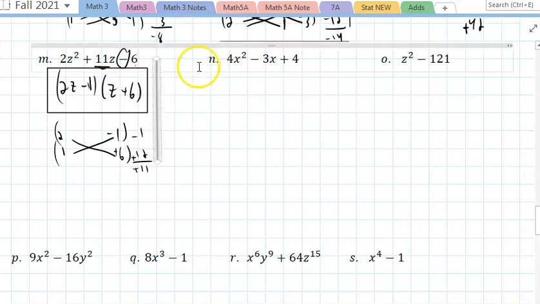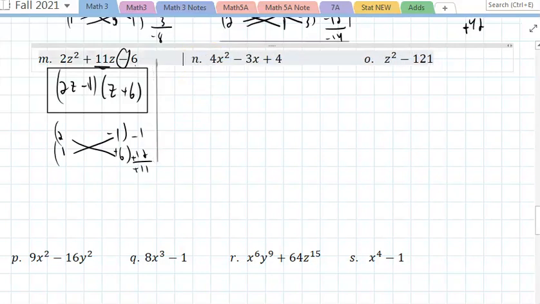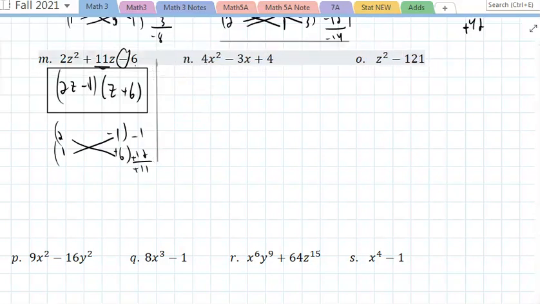Alright, and the next problem on the list. Closest factors of 4 are 2 and 2. You want them to add up to give you 3. 4 plus 4 is